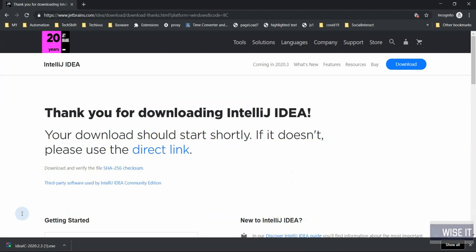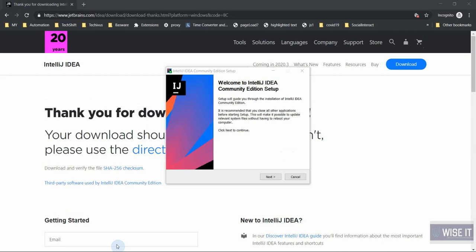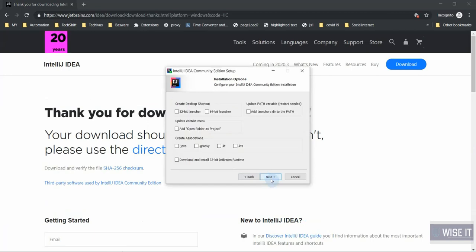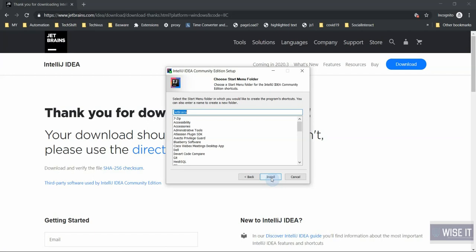So guys, IntelliJ download हो गया. So just what you need to do, you need to just click it as a simple installation. So I'm opening IntelliJ IDEA here. So once it opens, guys, it will show you this window. So आपको क्या करना है, सिर्फ next click करते जाएं and install this. This will be fairly easy. So after pressing next, it will ask me what is the destination folder. Just keep on pressing next and select 64-bit launcher if your window is 64, otherwise 32, and click on next, and then it will show JetBrains, and just press install here.